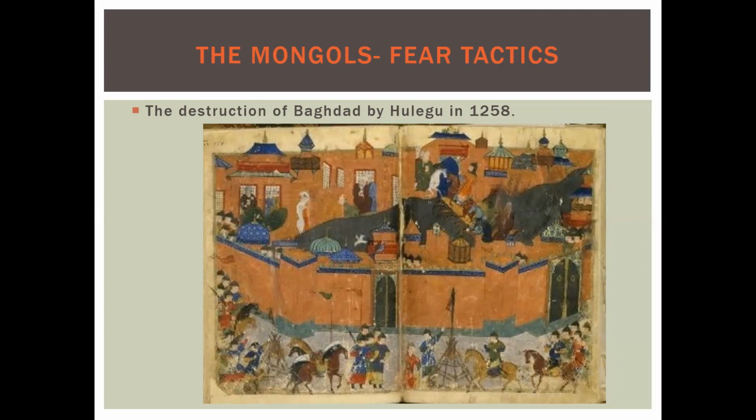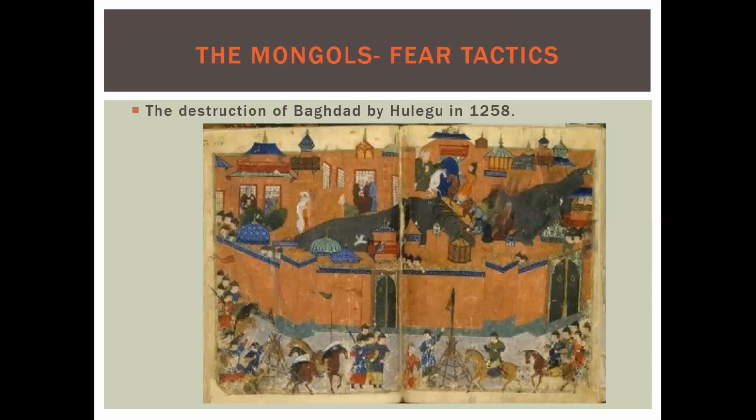And the Mongols showed up and they didn't care. And they absolutely destroyed the city. They destroyed the House of Wisdom. It was said that the Tigris and Euphrates Rivers were so full of books and bodies that you could ride a horse across the river. And that the river ran black with the ink of manuscripts from the House of Wisdom. So it's kind of hard to imagine as a historian how much was lost with the sack of Baghdad by the Mongols.